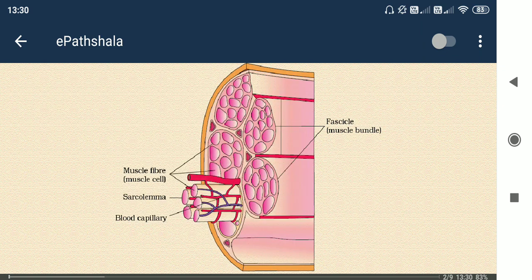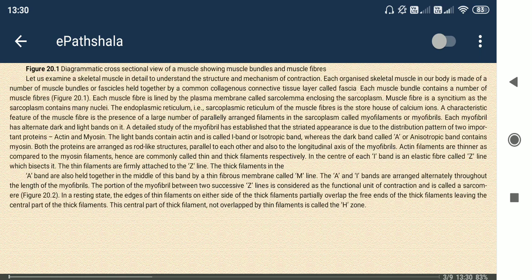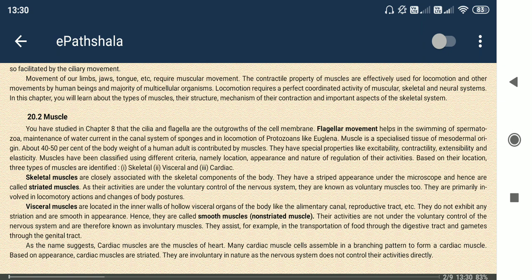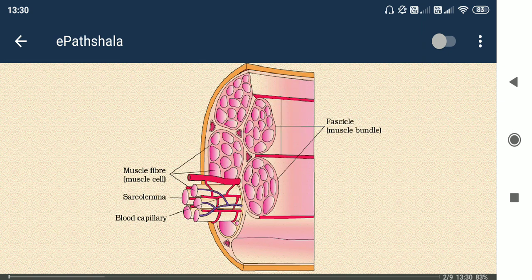The next one is cardiac muscle. Cardiac muscle shows involuntary contraction, because the contraction of the heart is not controlled by our mind or our decision. We can increase or decrease the rate and conduction of heart muscle contraction, but not the initiation or the stopping. So it is involuntary muscle, cardiac muscle.